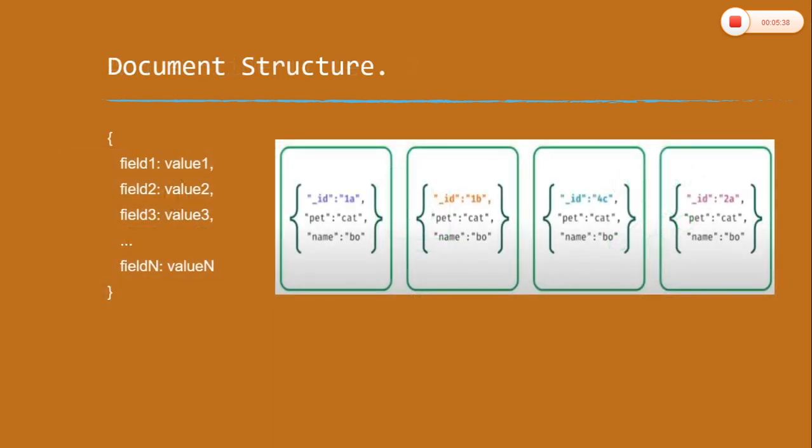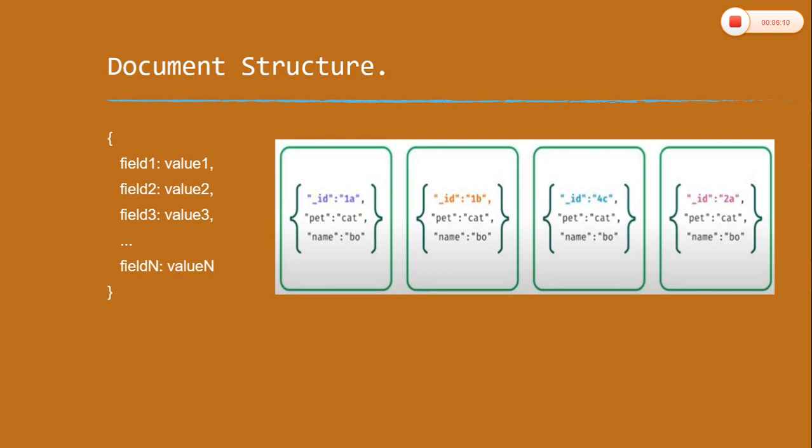Now, what is the structure of a document? Generally the document structure has key value pairs. Here we can see an example. This is a basic document structure, which looks very identical, but it is differentiated by using _id. What is an _id? _id is a key which is generated by default for every document inserted in MongoDB. MongoDB internally creates a unique _id for every document, so all the documents are differentiated by this _id itself.